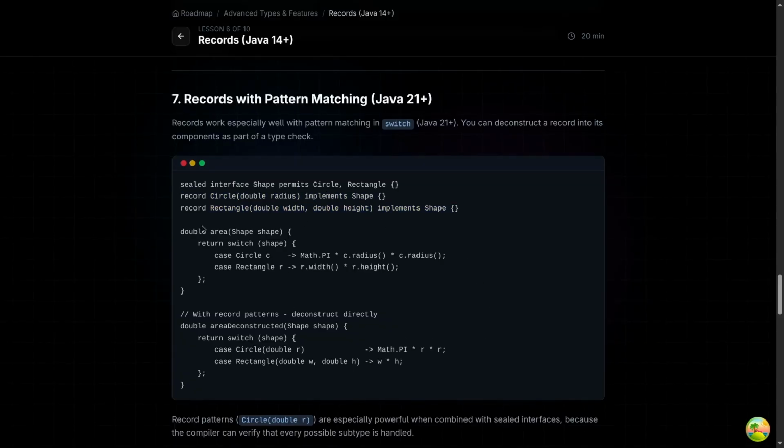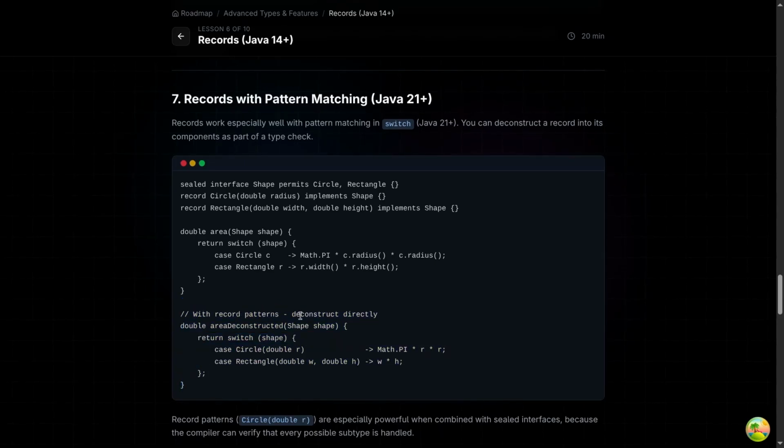Now this one is very important, also this one. So this one is normal pattern matching. We know that this one is switch and we got that in Java 21. Now here, if this shape is of type Circle, then we can call area, this one pi r square. Now for that we can call this one, but